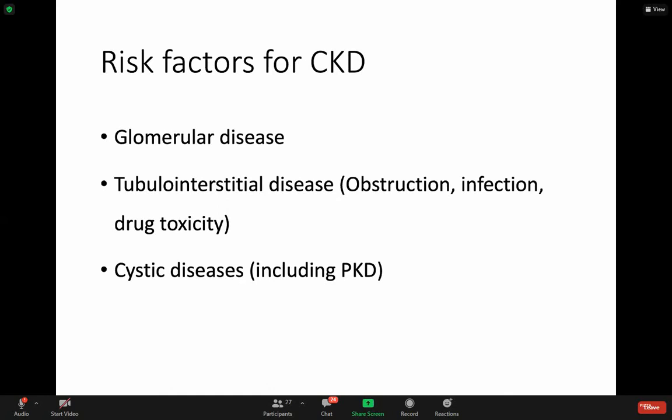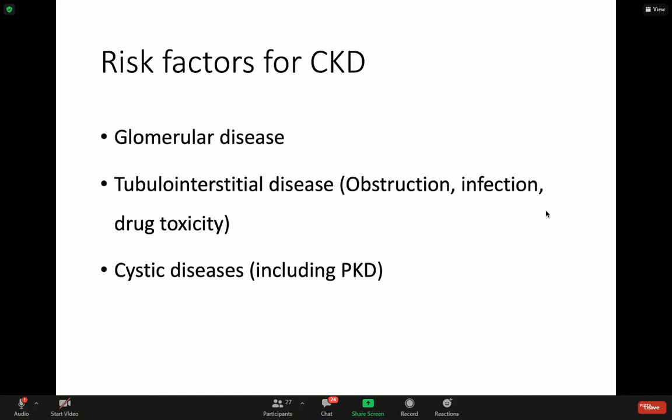Tubular interstitial disease, someone with recurrent obstructive uropathy, for example. Someone with recurrent urinary tract infection, especially at young age, especially those with vesico-ureteric reflux, they will have a problem in that they may be at risk of having a progression of chronic kidney disease. Drug toxicity, someone who takes lithium for a long time, for years, will be at risk of having